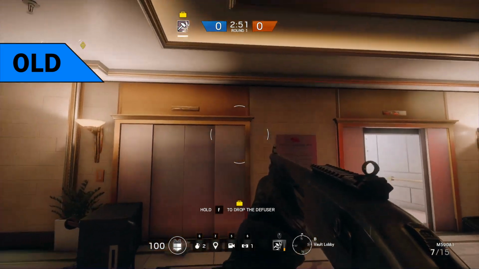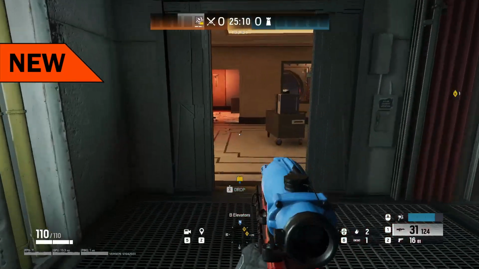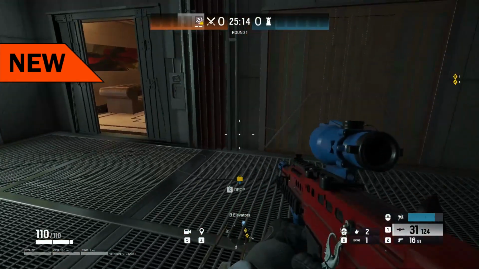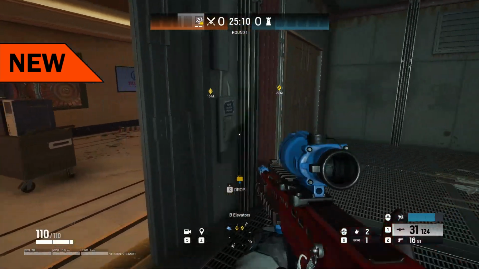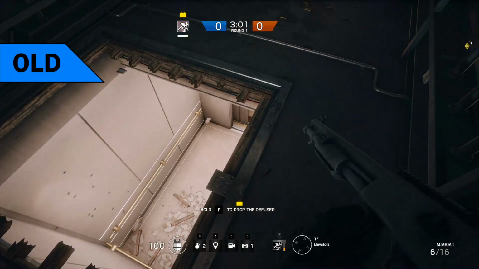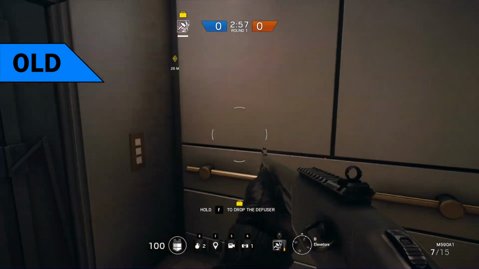And for the basement, the left one was always closed and the right one was always open. However, in the rework, both elevators here are connected together with the inner wall taken out, so there's a bit more space to move around in here now. This might not seem like a significant change at first, but it definitely makes attacking basement from the elevator more